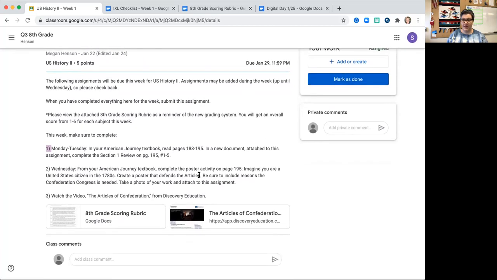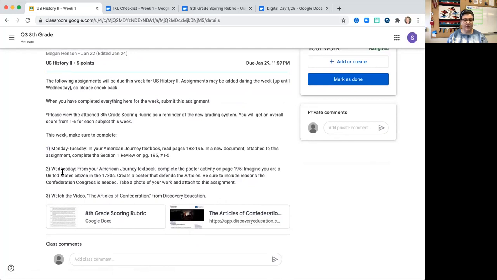One thing you'll note is that because of the way I set this up, and I didn't have students in it when I first set it up, the assignments that I have added as a document are not made as an individual copy for each of you. So you'll have to make a copy yourself and fill it in. I can help you with that if you don't remember how to do that, but I'll try and show you really quick on the next one.